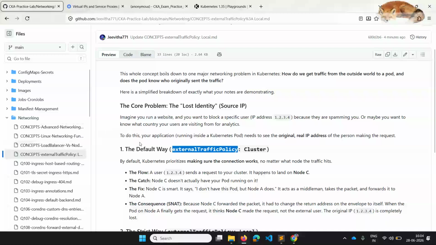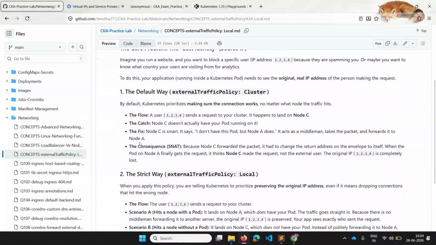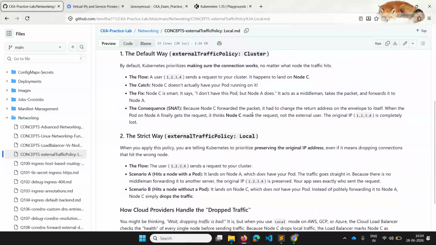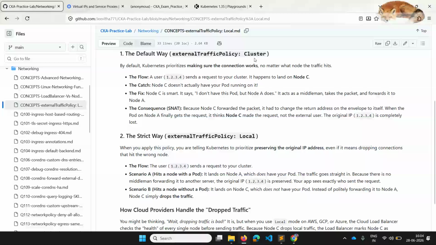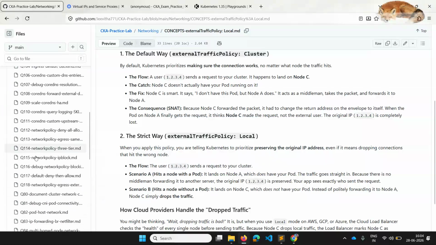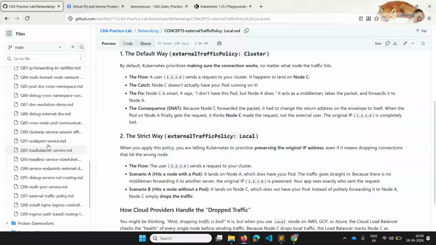You can skip till I reach the demo if you want to skip the topic explanation, or you can just revise it when I'm explaining about this. Basically, we have two different types of external traffic policies for the services. One is cluster and another one is local. And what does this mean? So by default, we have external traffic policy as cluster. So whenever we have created lots of services previously, we have not configured this attribute because it has the type as cluster.